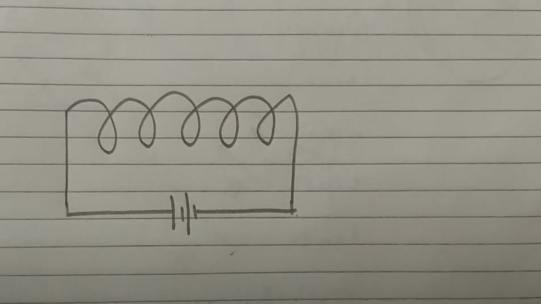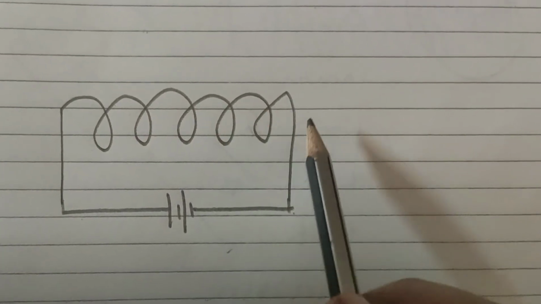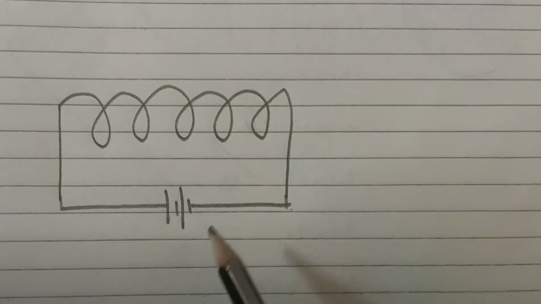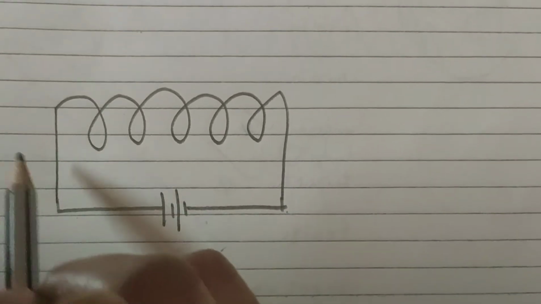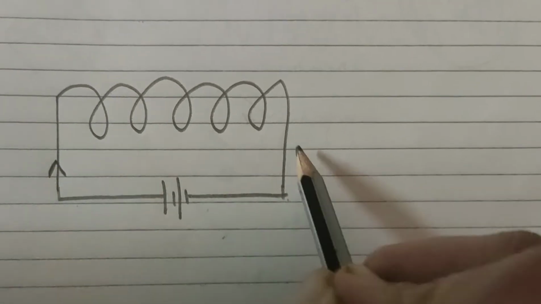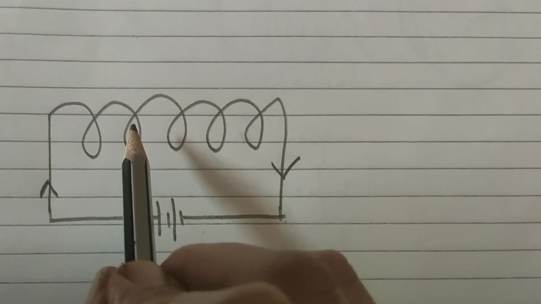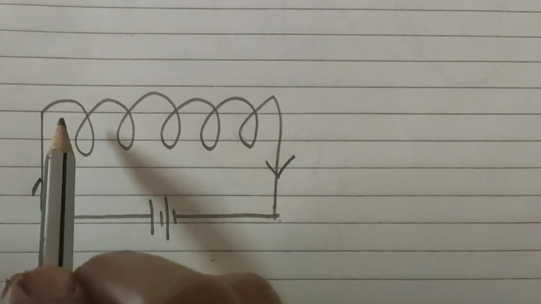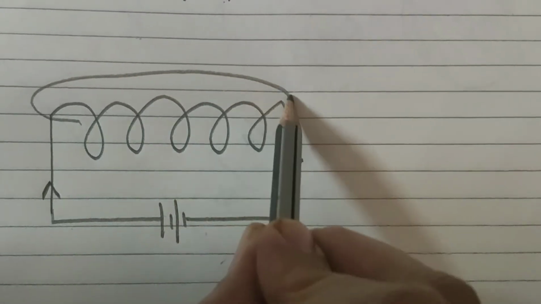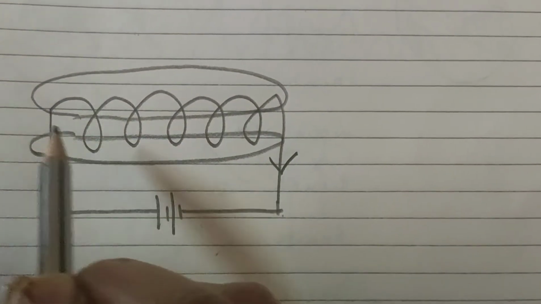So, magnetic field due to a current carrying solenoid. Suppose this is a solenoid with so many turns wrapped in the form of a cylinder, of an insulated copper wire attached to a battery. So the current will be flowing in the solenoid and hence a field will be generated. The magnetic field due to a solenoid looks similar to that of a bar magnet. So these are the closed continuous curves that are produced around the solenoid, similar to that of a bar magnet.